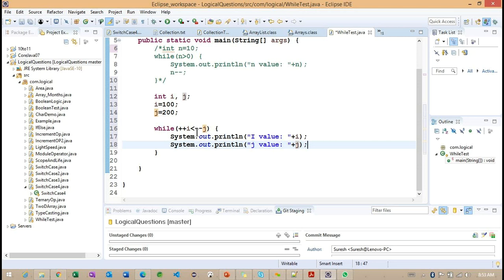What happened? We already identified this, right? The pre-increment operators, we already saw the example here. So you have to answer a small condition.